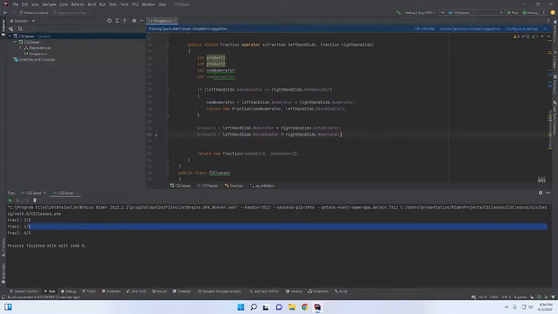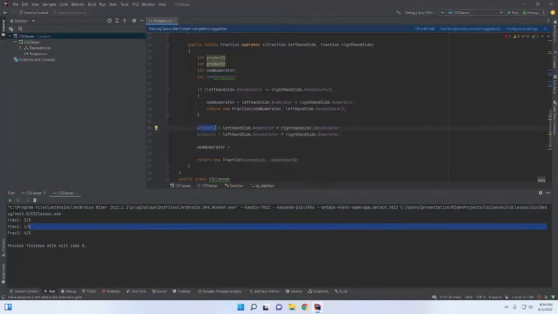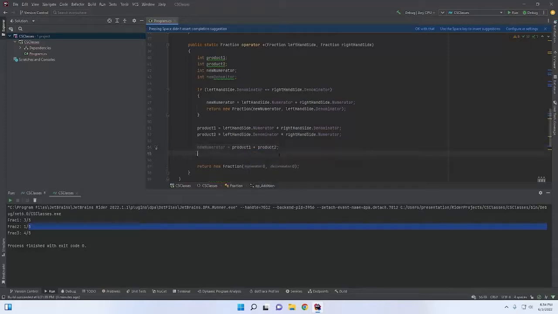So this is getting our two products. Now once we have that, our new numerator is equal to this product plus this product. And our new denominator,